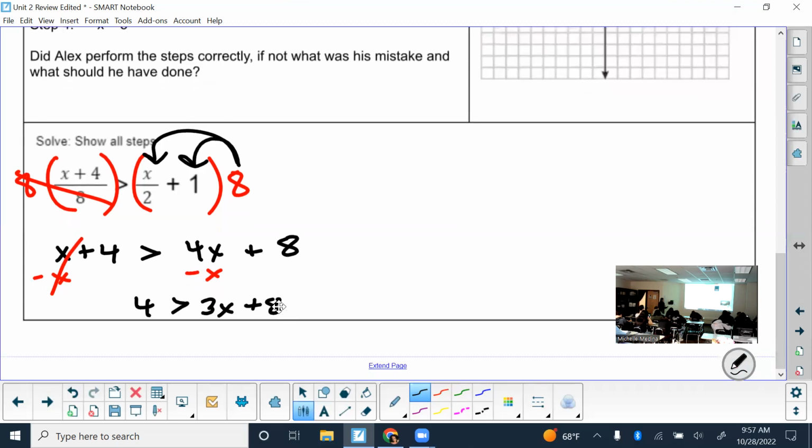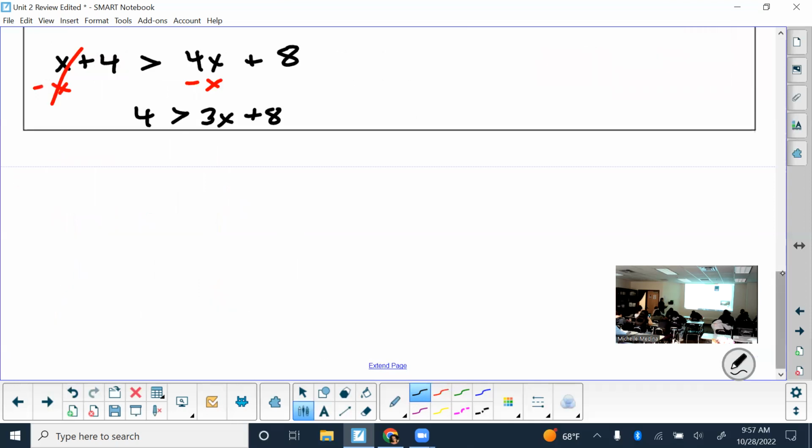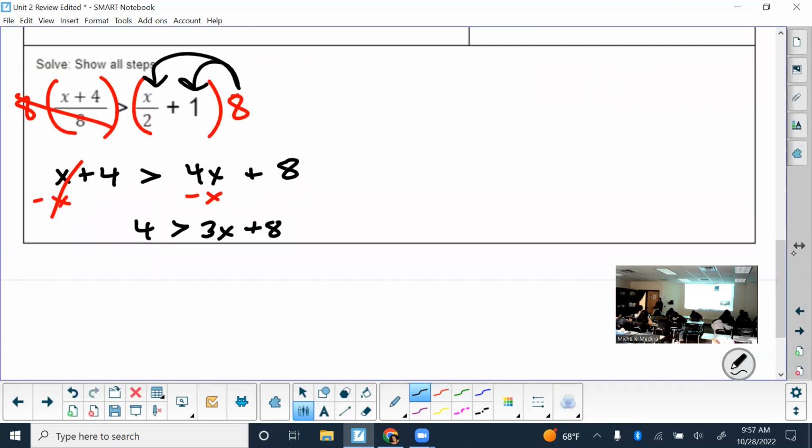And I think you guys should be able to finish solving from there. So we'll just do it real quick. What do you get rid of first? The 3 or the 8? How do you get rid of it? There we go, on one side. Good. 4 minus 8 is... good. I don't need to put the sign when I subtract, so leave it alone. Opposite of multiplying by 3 is dividing, whatever you do on one side. Good, and then my answer is